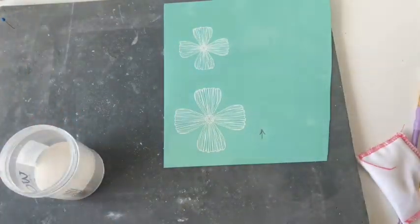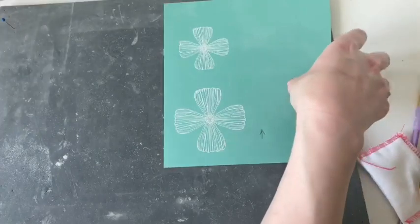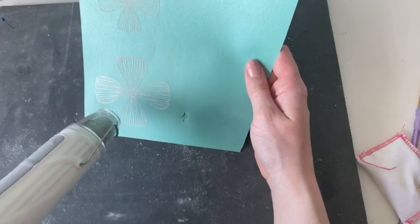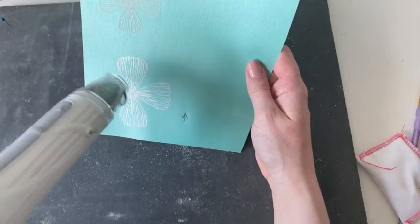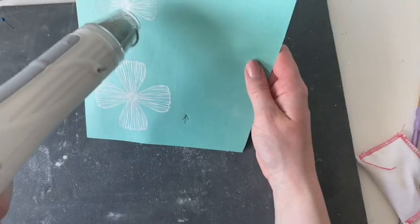Pop that back into the jar. I'm going to just put the lid on that because I definitely don't want to be knocking a large jar of embossing powder over. And then we're going to take our heat gun and heat these up again. So again, just holding your heat gun still until you see that embossing powder start to melt and change, and then you can just move the heat gun over